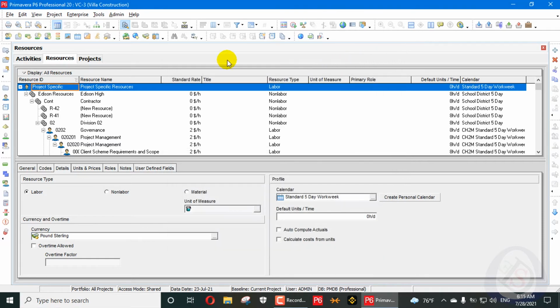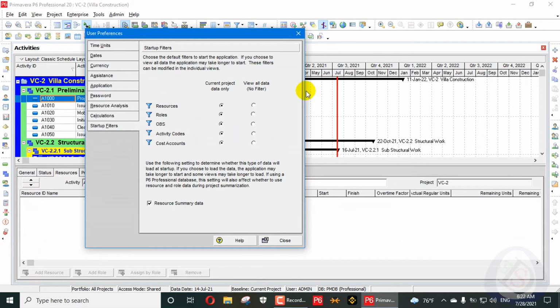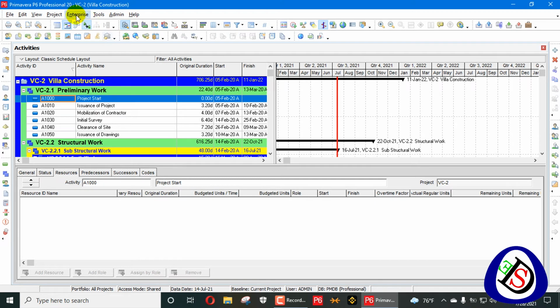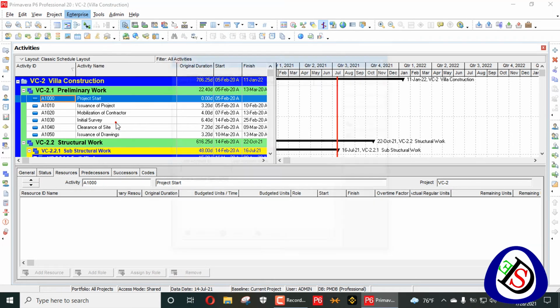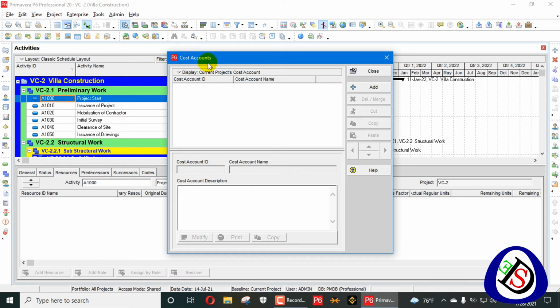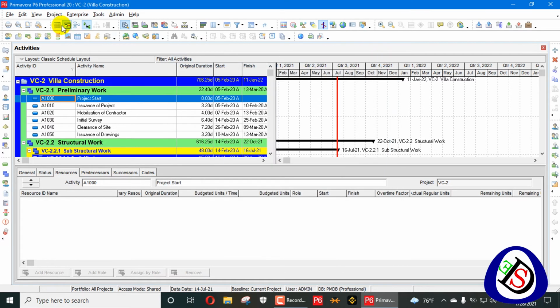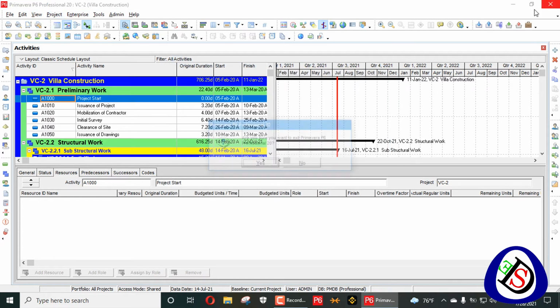So if you remove this one and go here, first of all I will apply my filter on cost accounts. When I apply my filter on cost accounts, close, and go in the enterprise and cost accounts, you will see they will not appear here. Why is it not appearing? Because it's a startup filter, applied when you start your database. So we will close this one and we will close the file